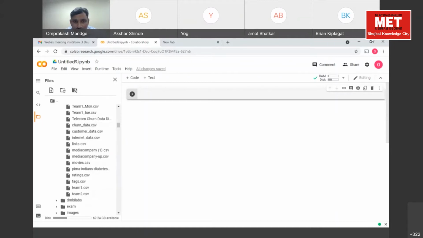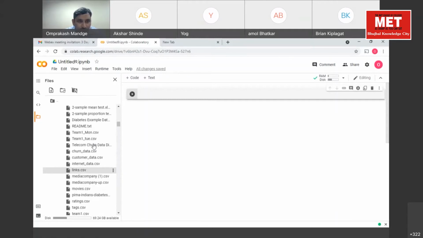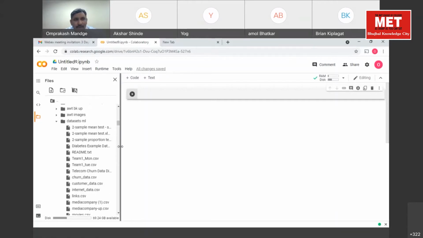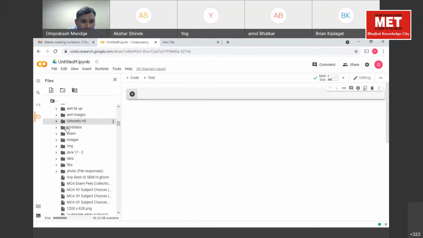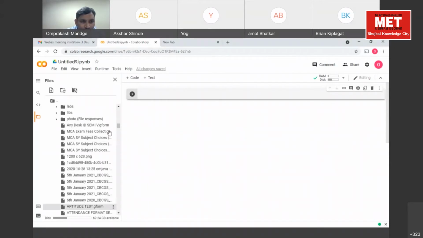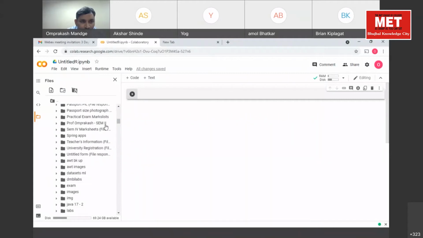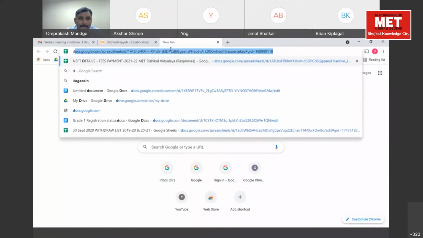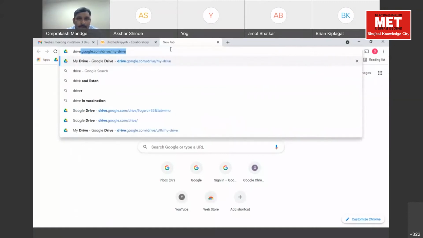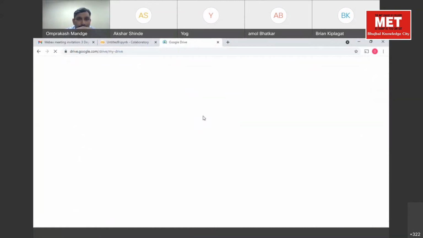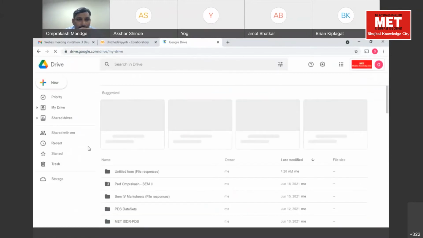I'll also access the file and you have to upload the files in any folder. Let's create one folder on our drive. Go to your drive and click on new.